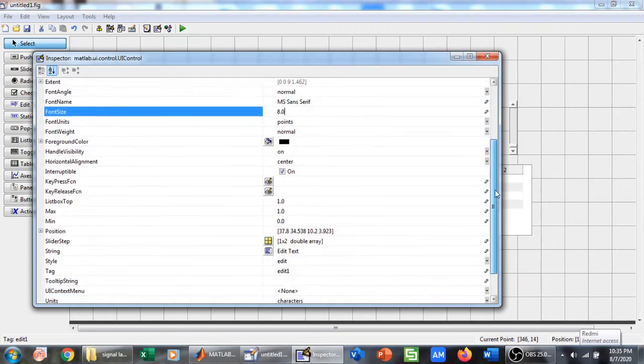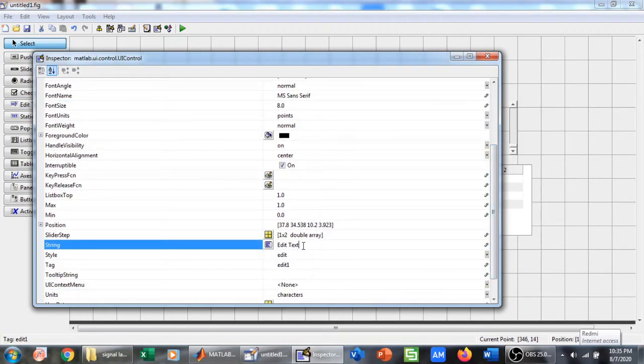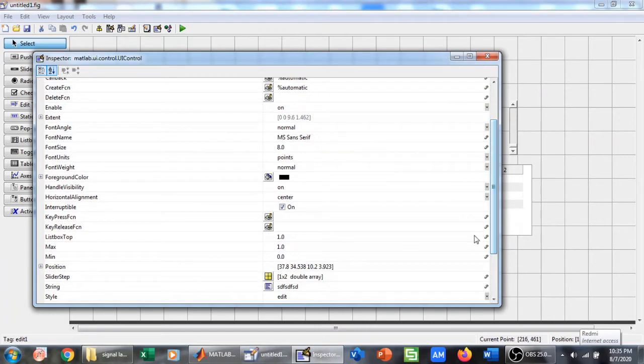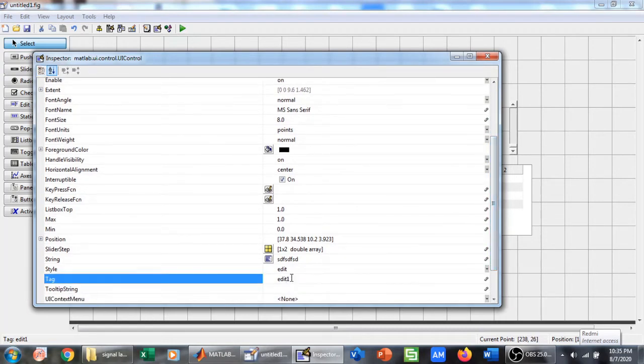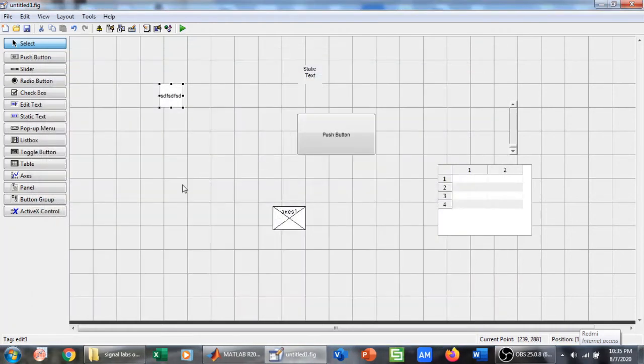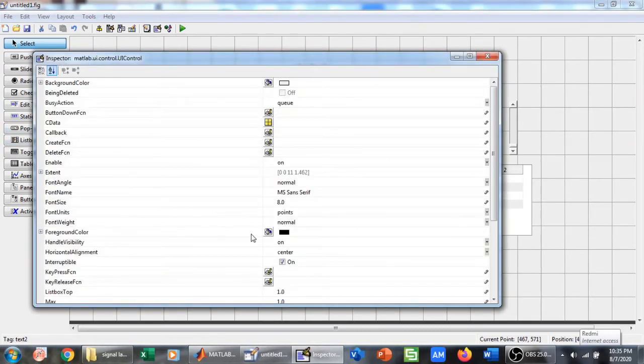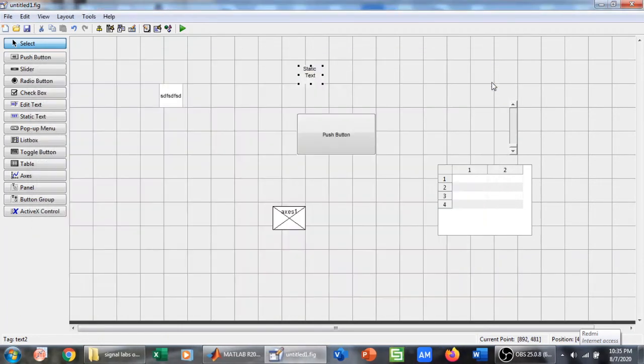And then I have the other things also, for example string. I can also change its name. This edit text, I can change its name to this thing. So when I change its name to this thing, you can see the name has been changed. And I can change the tag as well. We will discuss tag a bit later on, but I can change the string and I can change the tag. Tag is something that is referred to in the M file. So that's how we can drag and drop components, and by double clicking on it we can change its properties, which are background color and many other properties, font size, string, tag, etc.